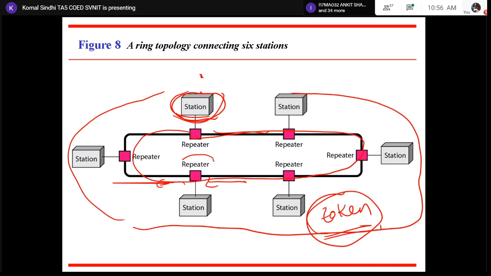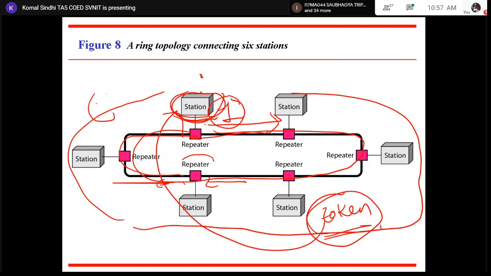If the token is not available, that means some other station is using the token and currently it cannot send the data, right? Once the token is free, that is, the token is not possessed by any station and is being released on the link itself, then station 1 can pick up this token. It can possess this token, and it has to pass the token as well as the message to the next station. In the entire message, it would write the actual data and the destination itself.